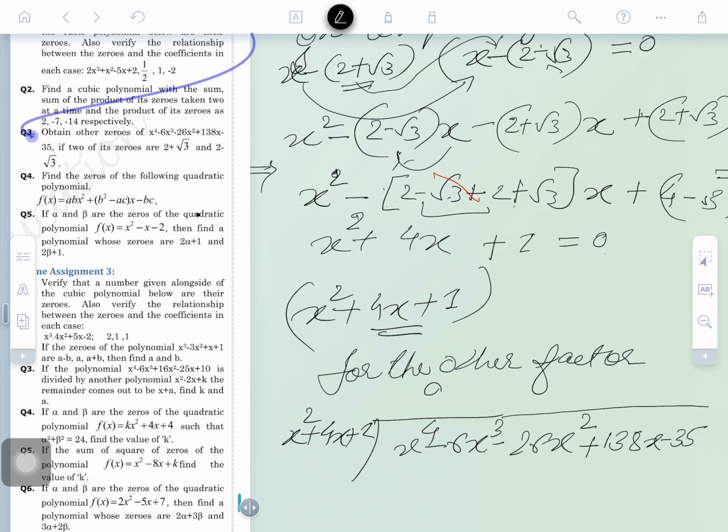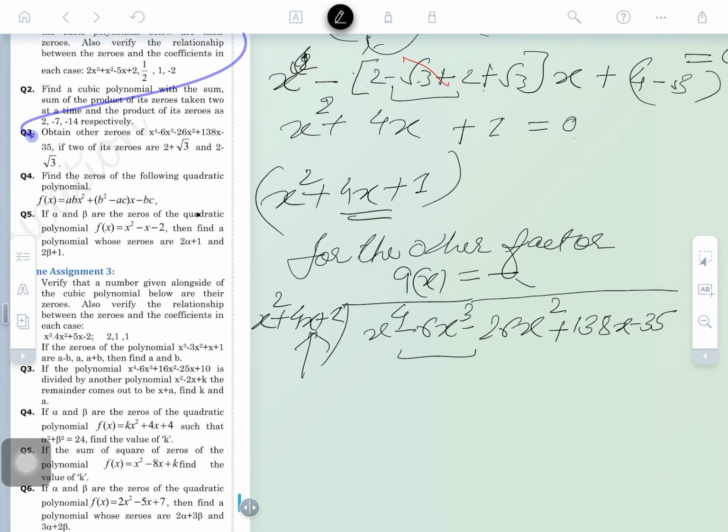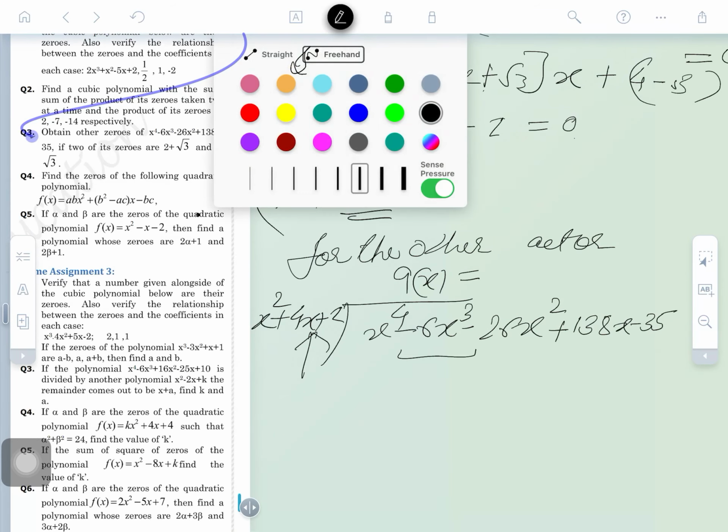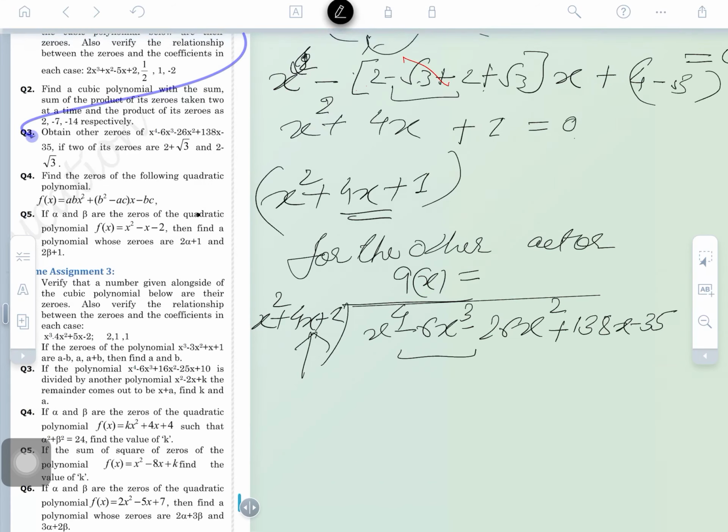You divide it, and here you will obtain a quotient. This quotient will also be a factor of this. So some zeros are inside this factor, and some zeros will be in this one. So your task is to obtain this, and this can be done by the division process. If you want to know the questions, I am telling how it is to be done. This is a very simple method to do here. Now go on with the division process.